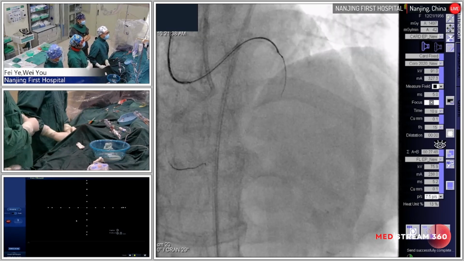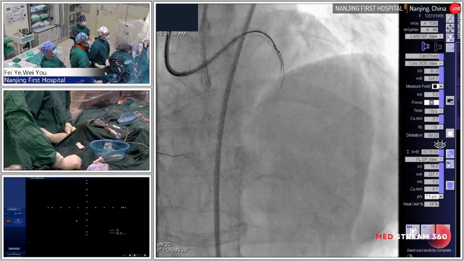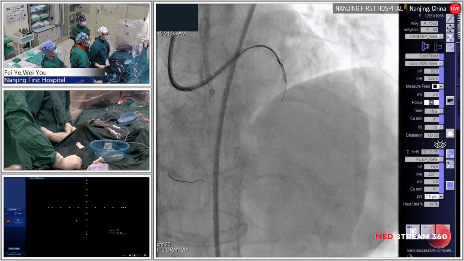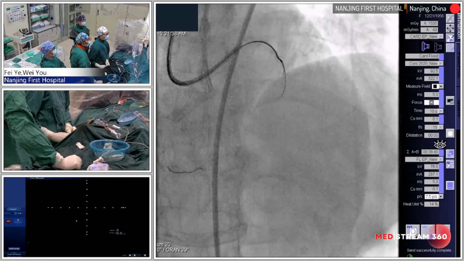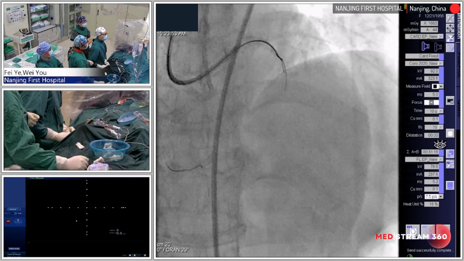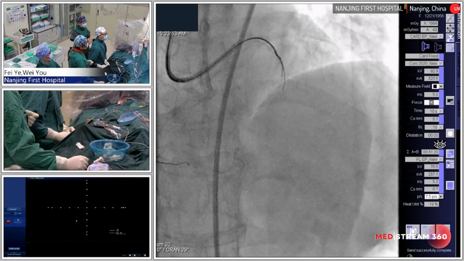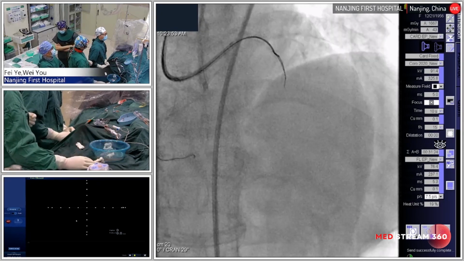No. Okay, it's in the small branch. Usually I like to use the softer tip, but as you can see, we only have the guide set here. Small resistance, but just too wide, deviating too much. I don't think there's a good channel. And so, yes, I think the antigrade wire tactic,